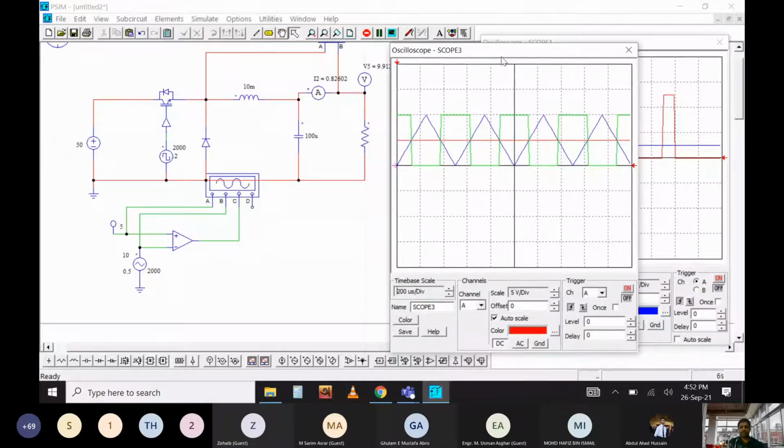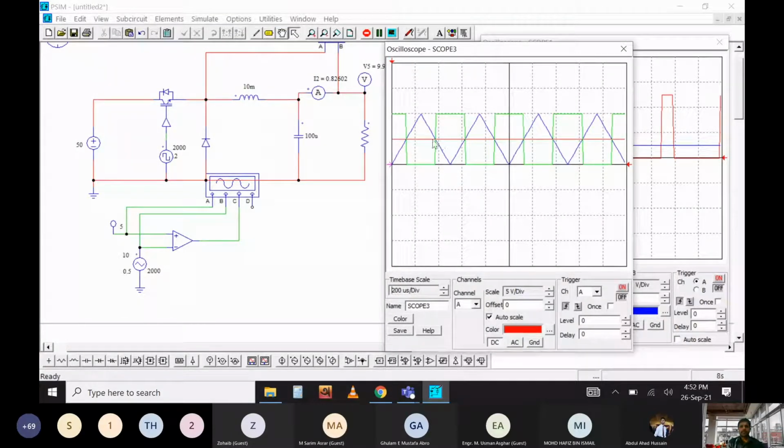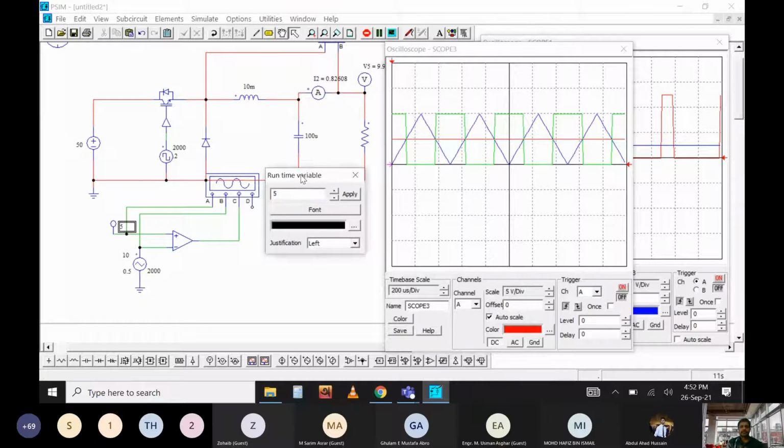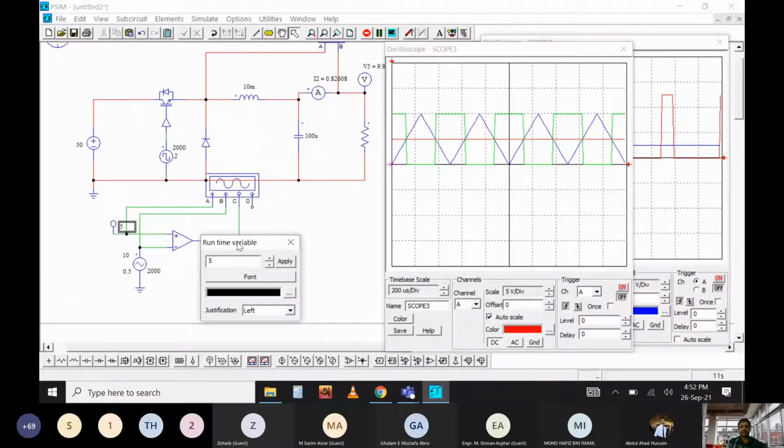So now you can see from here, the red one is the reference signal. At this moment it is 5. If I increase, it will shift. You can see, the more I go high, the green one is the output signal. So this is the square wave signal, which is being PWM, that means pulse width modulated. Now I am modulating the pulse. The more I increase this control signal, this is the way you can change it.